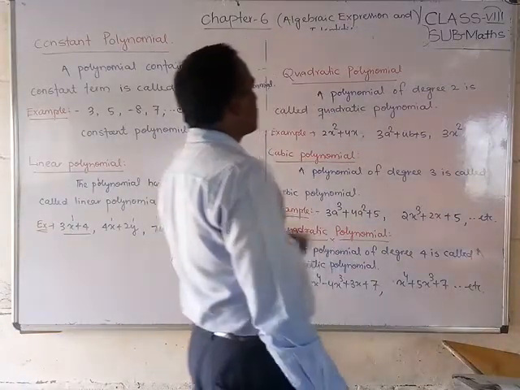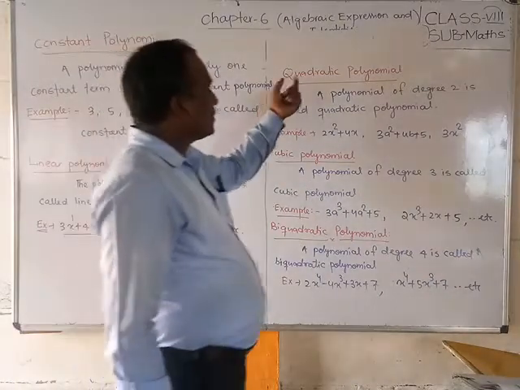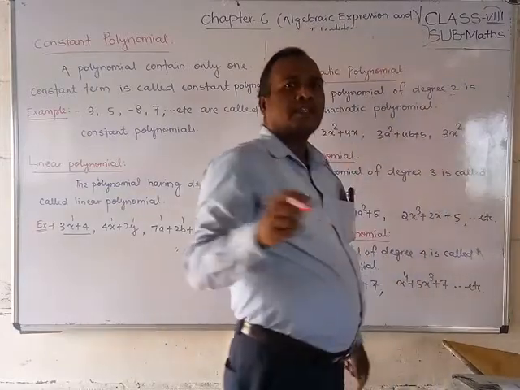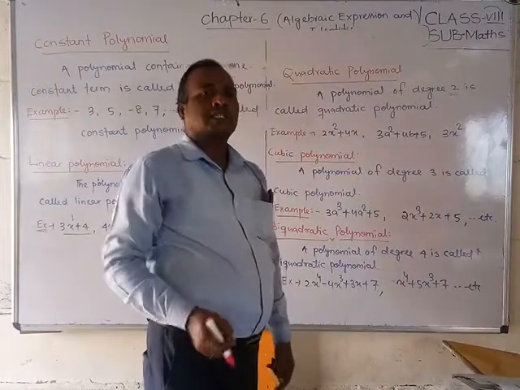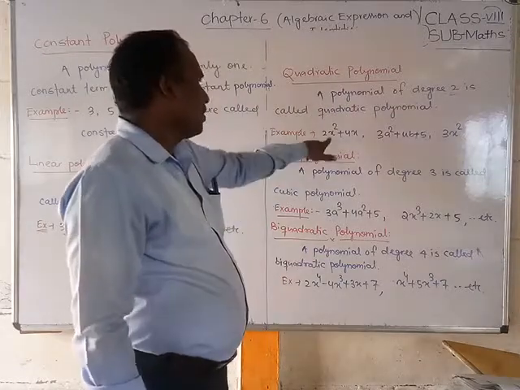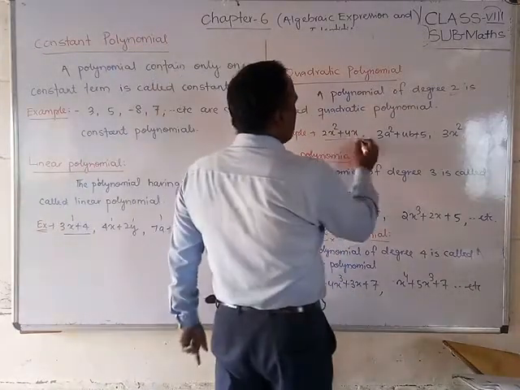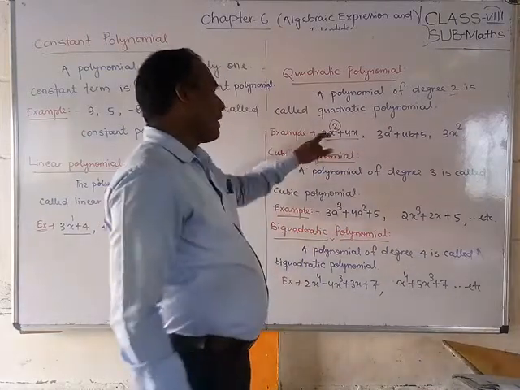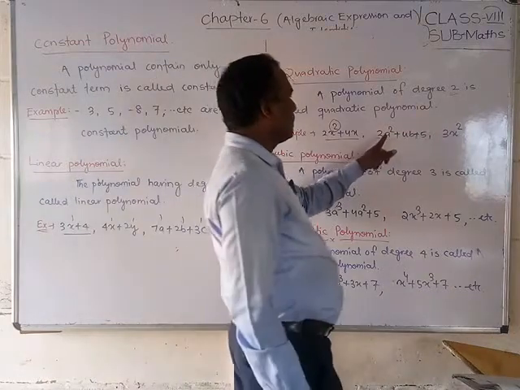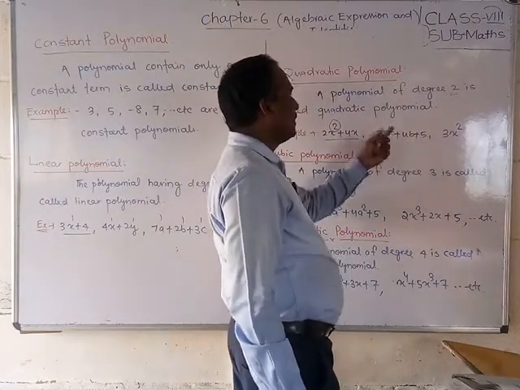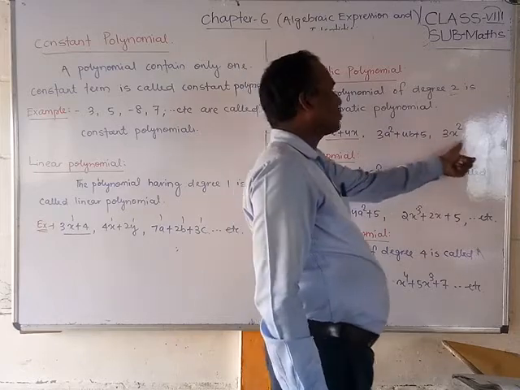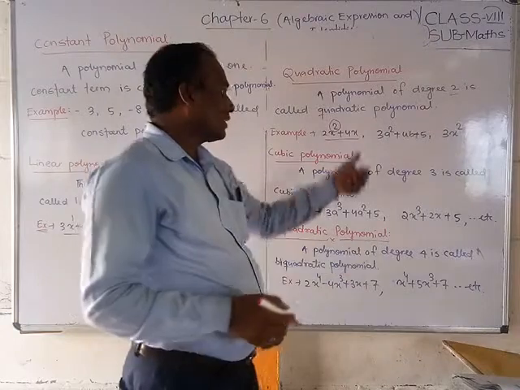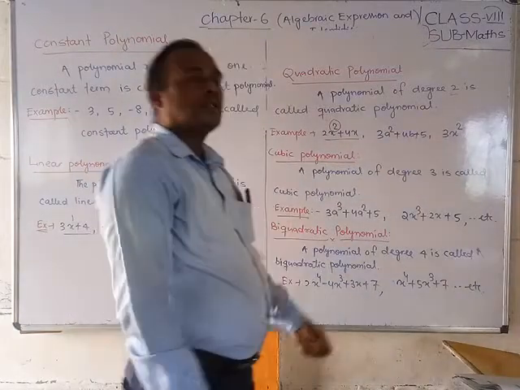Next we are going to discuss the quadratic polynomial. Quadratic means 2, that is, a polynomial of degree 2. If we find that the highest power is 2, or the degree is 2, then we can say it is a quadratic polynomial. Observe, friends, 2x square plus 4x. In this, the degree is 2, so it is a quadratic polynomial. This is 3a square plus 4b plus 5b, also degree 2, hence it is quadratic. 3x square is also one variable, but it has degree 2, so it is also a quadratic polynomial.